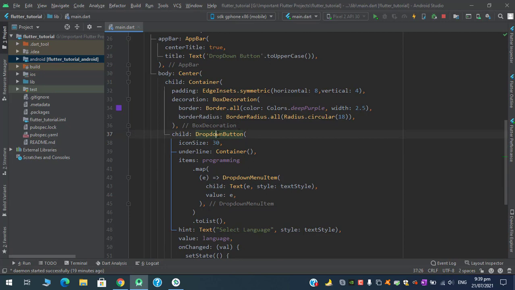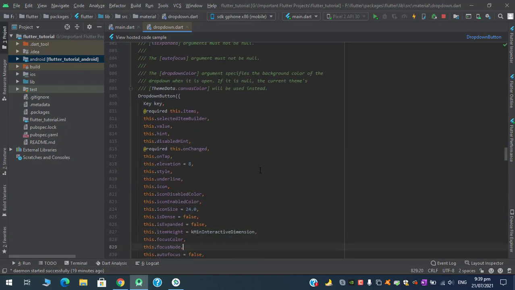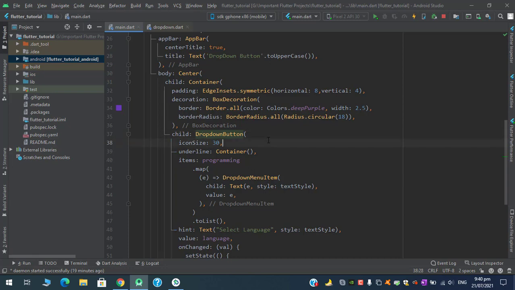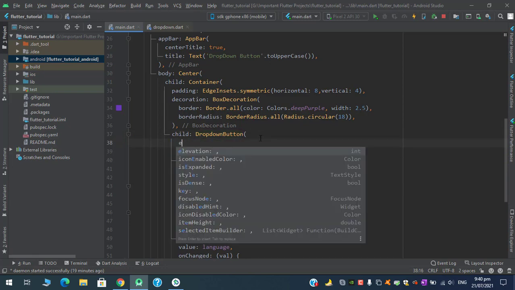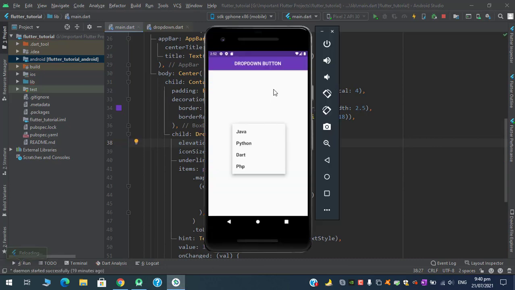Press Ctrl and mouse button and here you go. You also have focus color, focus node, drop down color, elevation. Let's apply some elevation to 8. As you can see,